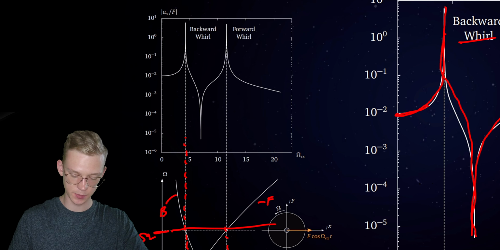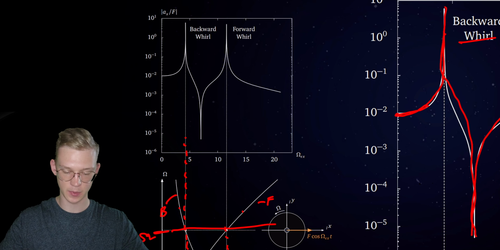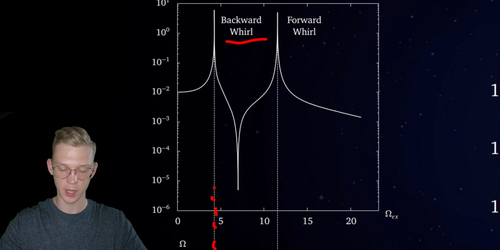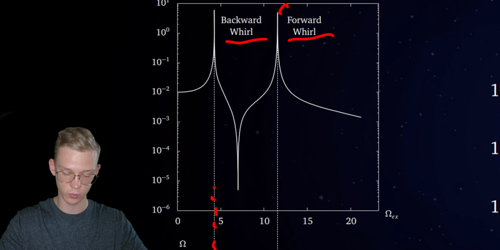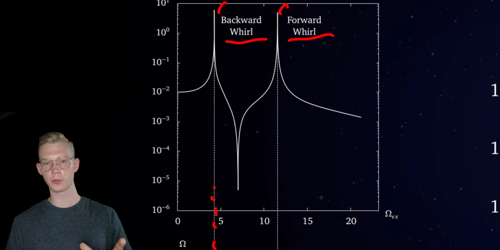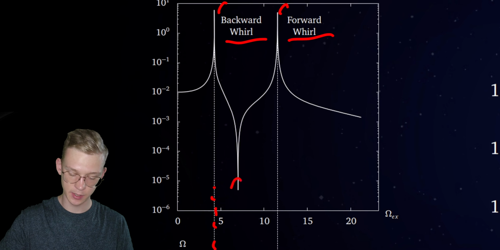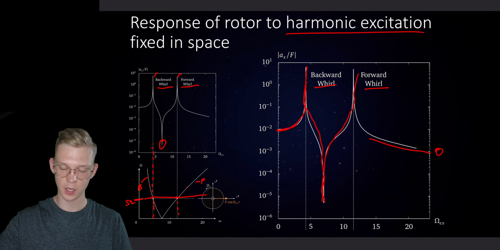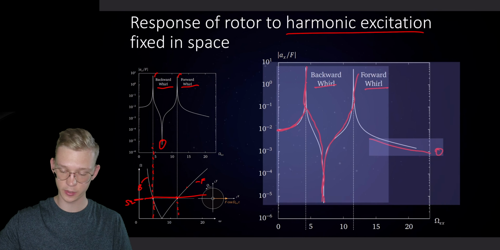So our rotation speed is equal to our eigenfrequencies. And this will get us the backwards whirl and the forward whirl. But the most interesting part is this value right here. So what happens if